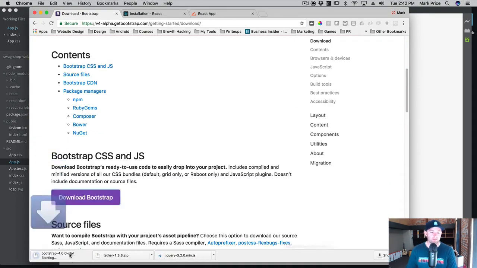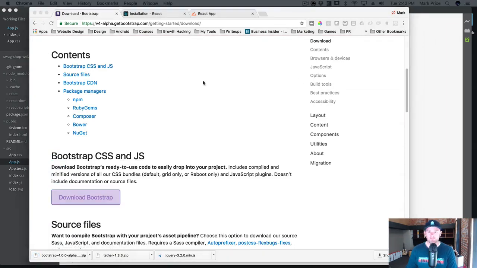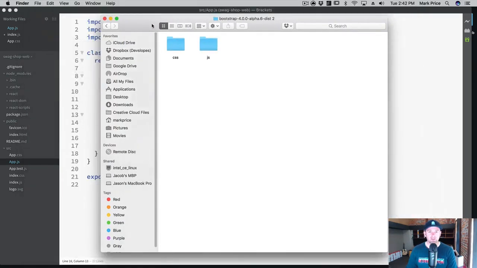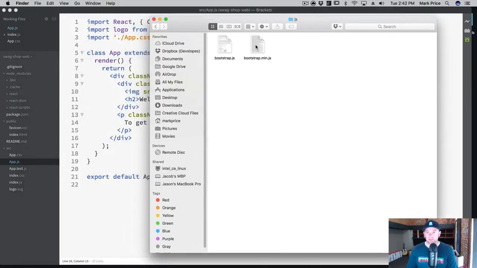Download Bootstrap. I'm going to open it. As you can see, it's right there. And let's go to JS. So we want the bootstrap min.js because it's more compressed, a smaller file size. We don't need to look into the code itself. So I don't mind that it's compressed. So I'm just going to take this, and what we're going to do is we're going to put it in